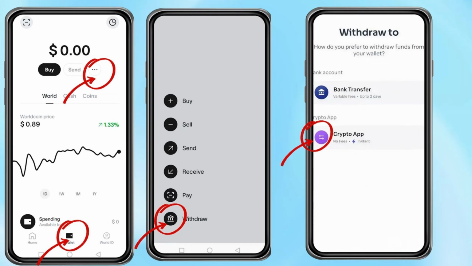Now next to the send button, tap on the three dots to open more options, and from the main menu choose withdraw. When prompted, select Worldcoin as the token and choose crypto as the withdrawal method. Now paste the PDAX deposit address you copied earlier into the address field, and before continuing, double check the address